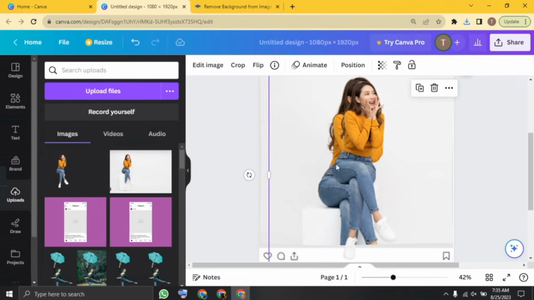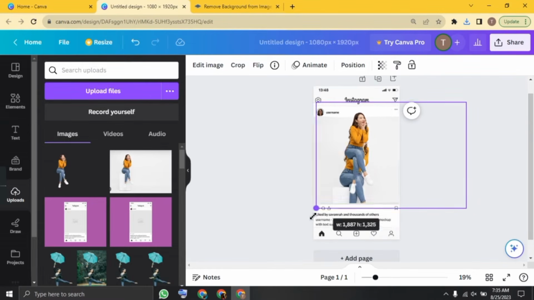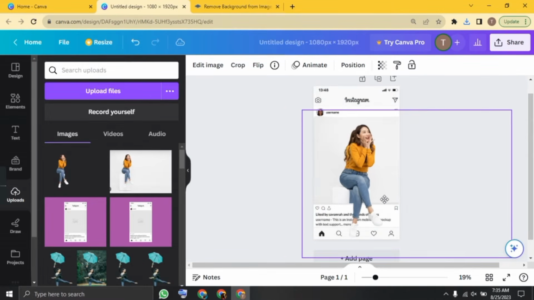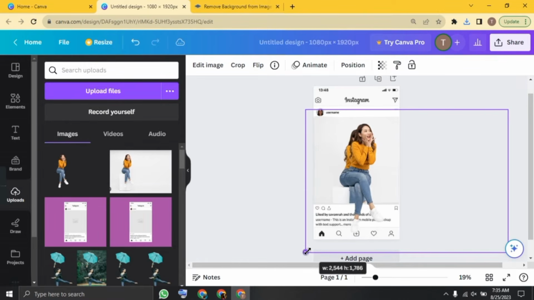Beginners may face problems regarding element placement, color coordination, and exporting format, but it's okay. In the beginning, I was also confused about the placement of elements. But now it's not a big deal. And if you start using Canva now, it will also not be a big deal for you too.